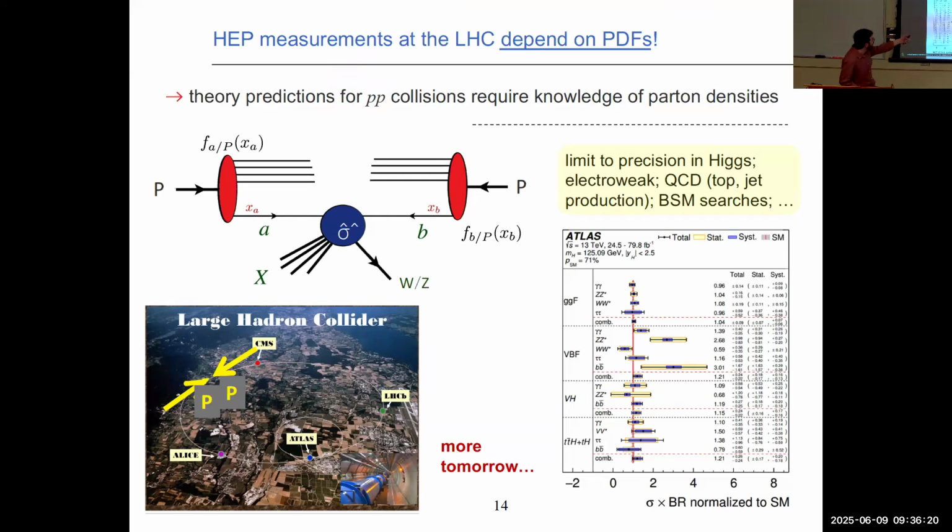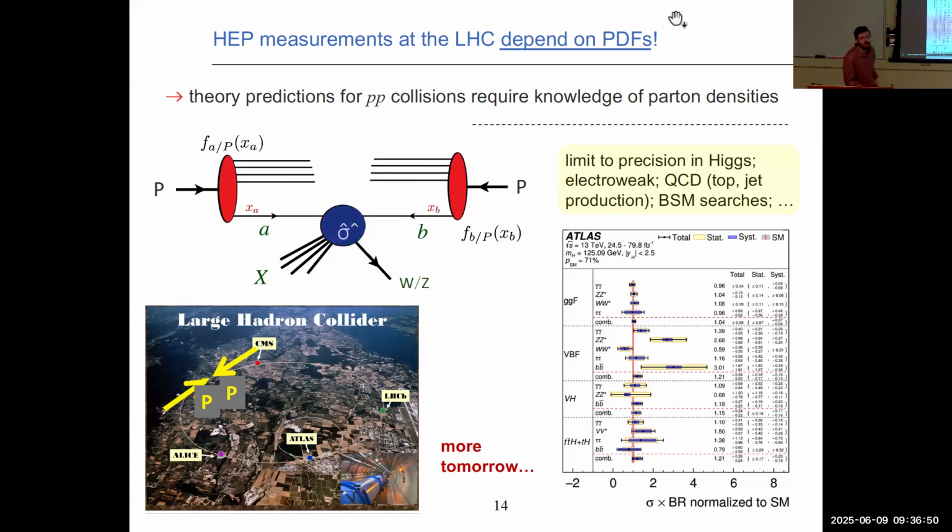So if I want to measure, as I was just saying, an electroweak process, so maybe even inclusive W or Z production, now I have a different factorization theorem, but one that very closely resembles what I just showed for DIS. So I have a proton coming in and scattering with another proton, so I've got a couple of PDFs involved. And then there's some sort of perturbatively calculable partonic interaction, some sort of hard scatter. I'm not sure there's an extra little caret there, but